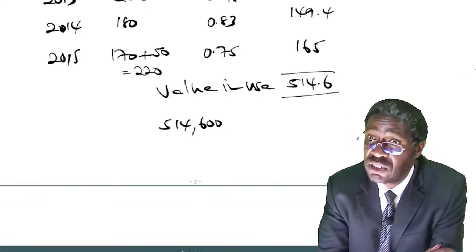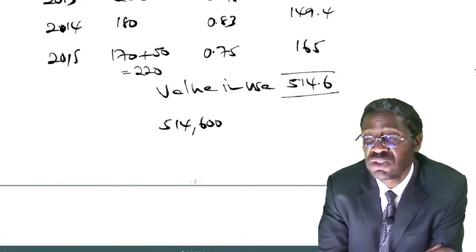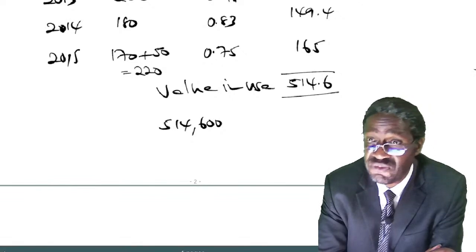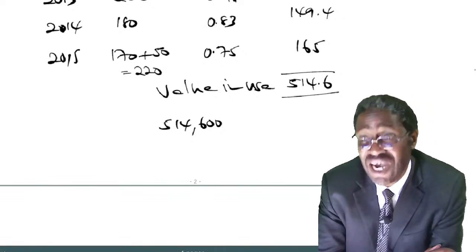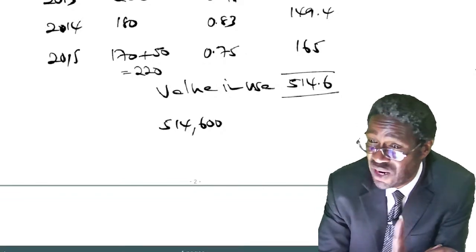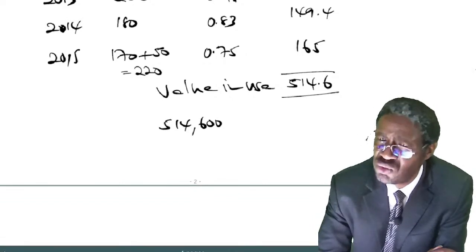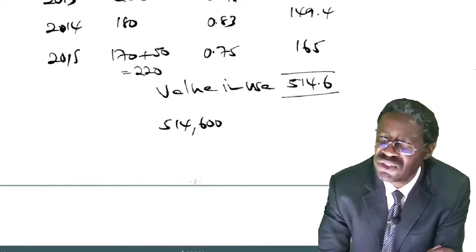Don't forget, we were just putting our figures in thousands, but now we are putting it in full because the other figures we did in full. So we have said, since the plant has no net realizable value, then its value in use of shillings 514,600